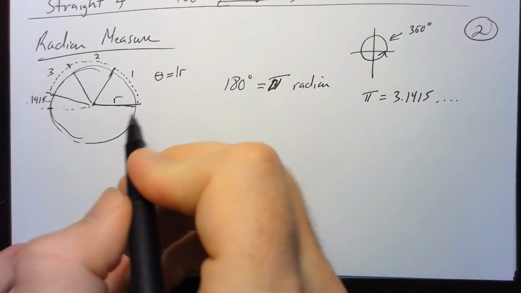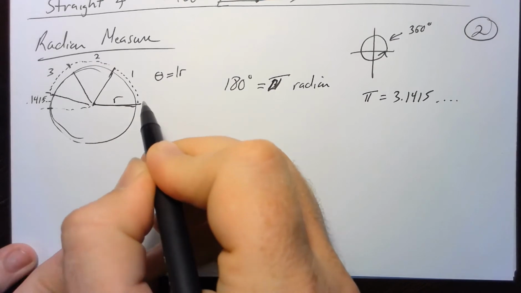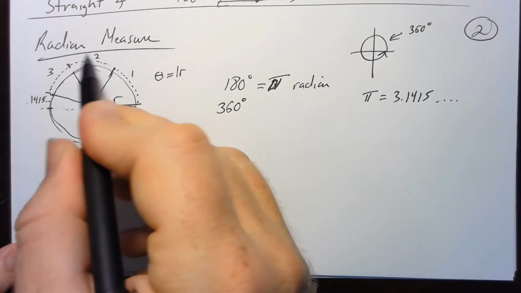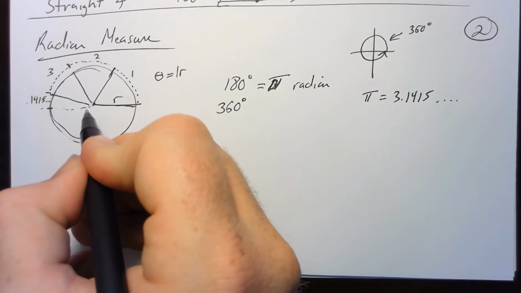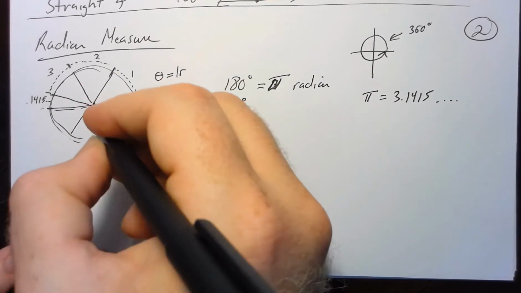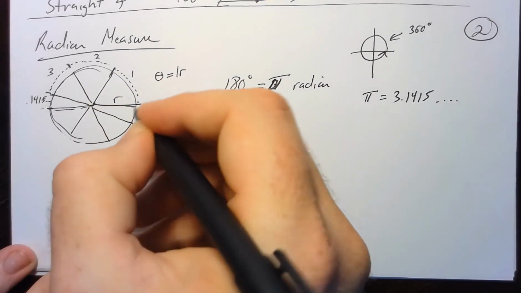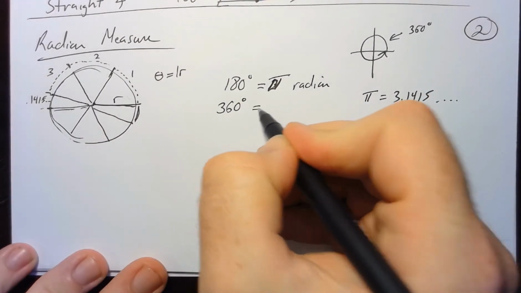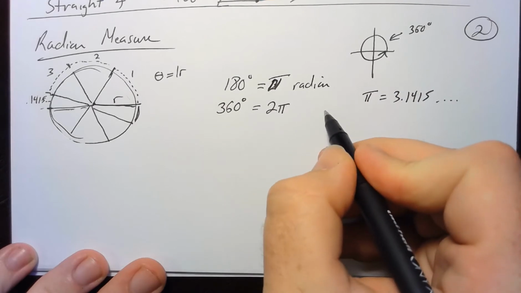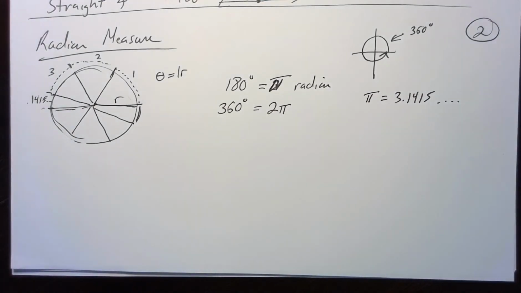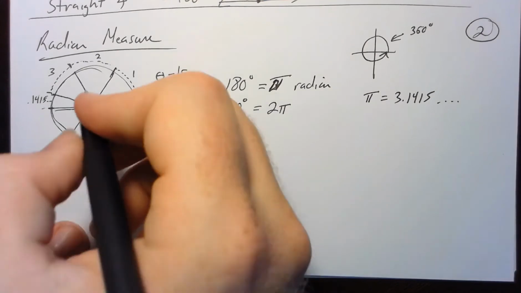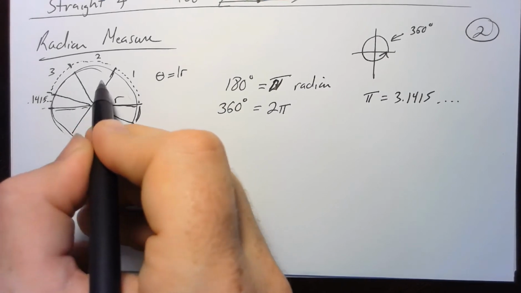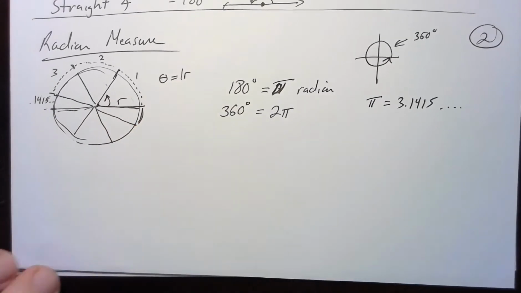So if I want to do one full rotation all the way around, we would talk about 360 degrees. Well, keep in mind that if this is 1 pi and I repeat all of this cutting process, I'm going to see if I can do this right: 1, 2, 3, and then that change again. Notice how it's 1 pi and then 2 pi. So 360 degrees is actually equal to 2 pi. And again, I'm going to leave off the word, but the word is radians. That's how many radians it takes to go around that circle. That's the angle measure we're talking about. That right there is 1 radian measure, that right there is 2 radian measures, and that right there, from here to here all the way, would be 3 radian measures, and so on and so forth.